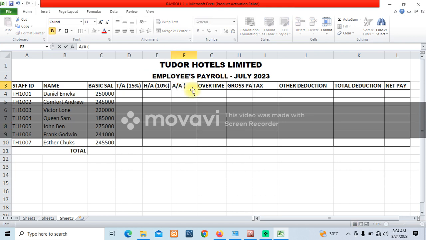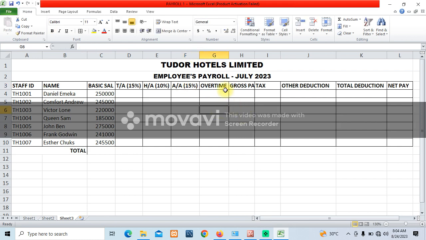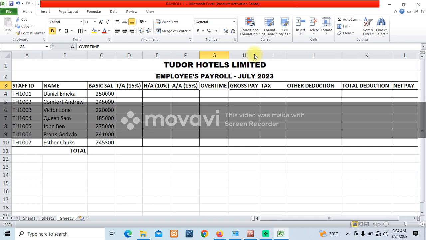Then we are giving out 15% as accommodation allowance. The overtime value has to be taken from the other side. Then tax,